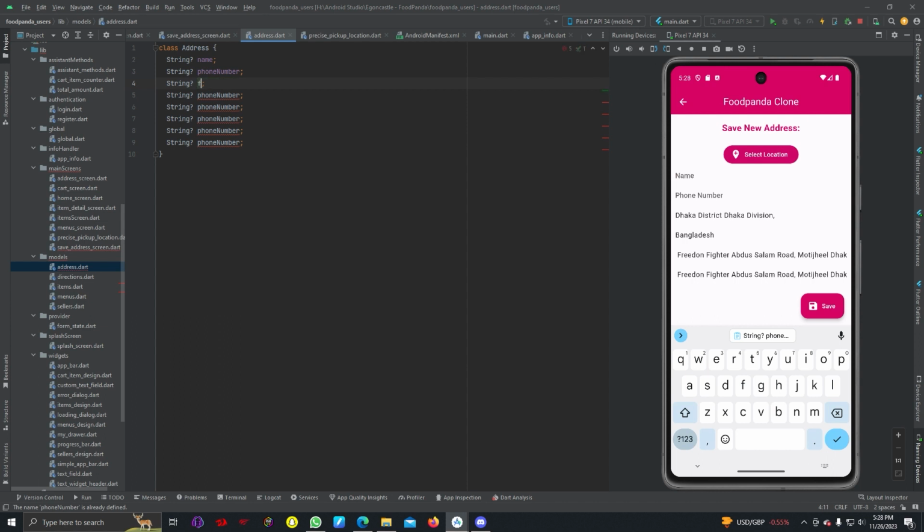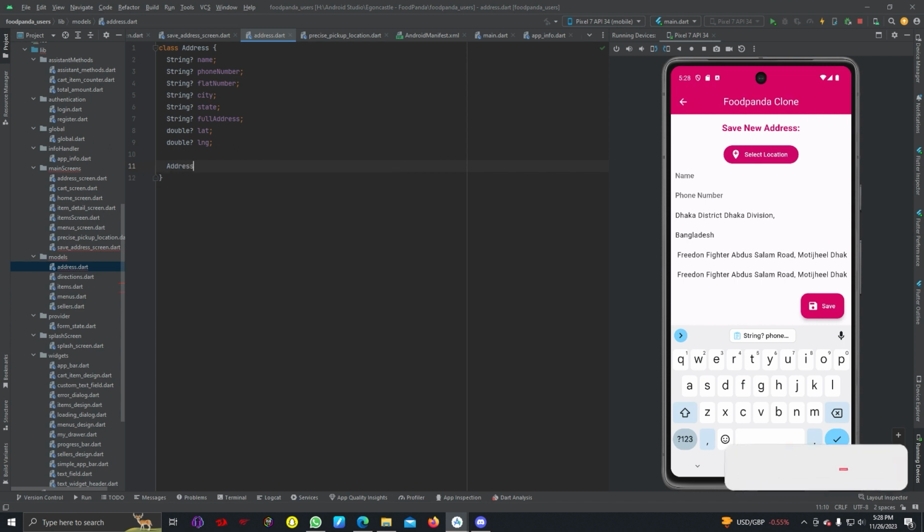So this should be flat number, and it can be city, then state, full address, and instead of string we can use double. Let lat and lng for longitude,